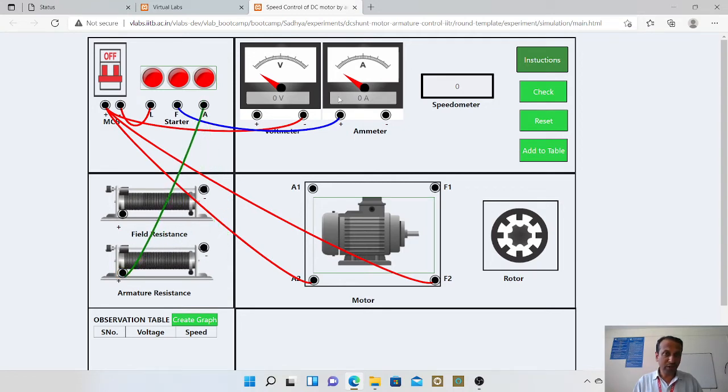Okay, slowly we'll do it. Then plus of voltmeter will go to the negative of armature resistance. See, this is a very simple and enjoyable experiment, so do it comfortably, peacefully. Once again, plus of voltmeter will go to A1, that is one terminal of your armature winding of a motor,